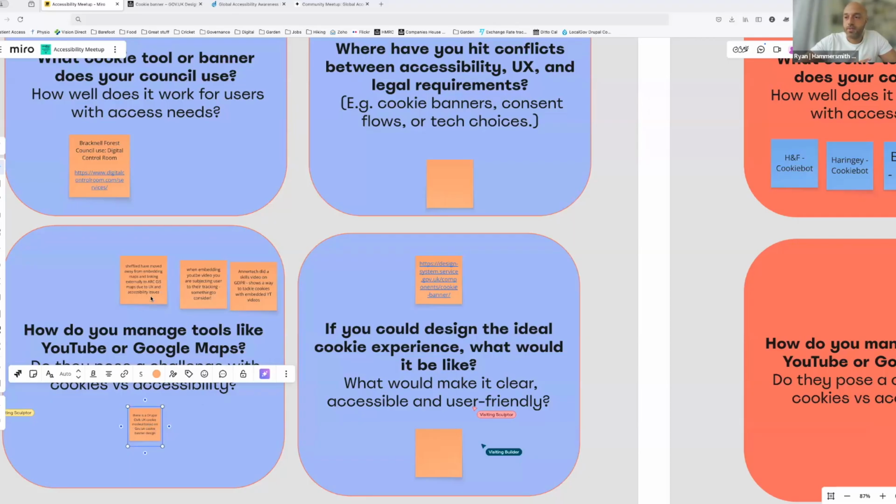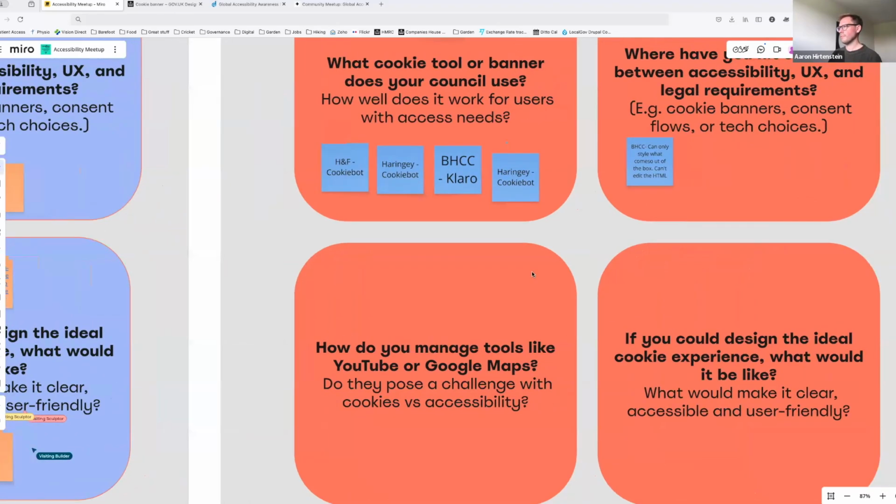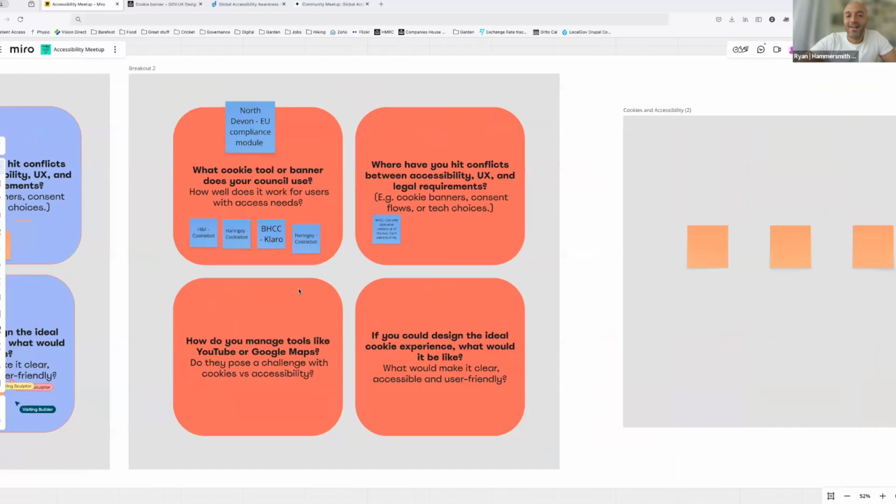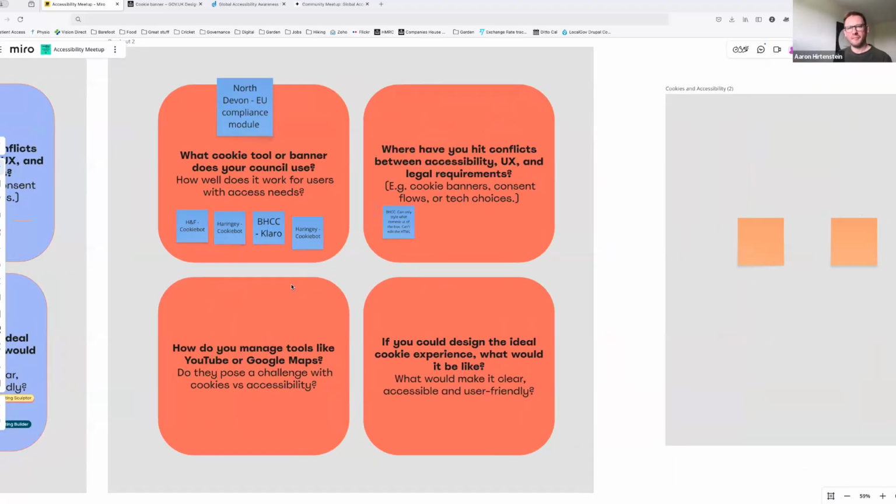But in terms of what we spoke about, we discovered that Haringey were also using Cookiebot, and they're not happy with it for a variety of reasons. So that was good. Brighton have just launched a new cookie banner yesterday. They're using Claro, and Hannah showed us that, and that looks good as well. It looks quite similar when you open it up to the Civic one, the one that Sheffield are using. So it'd be interesting to see what Graham said about mobile, how that one looks on mobile,